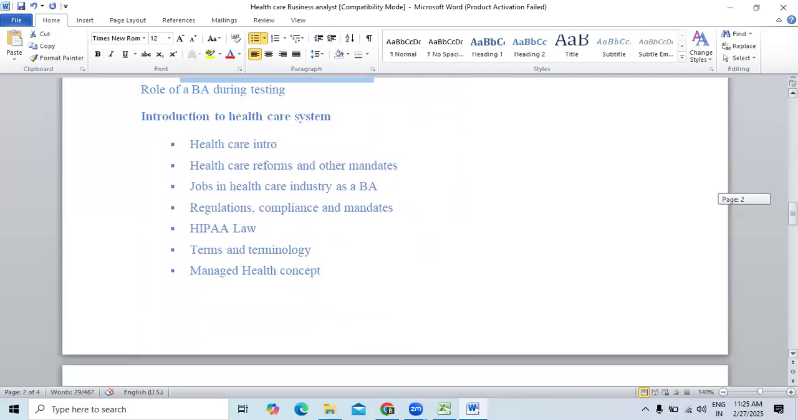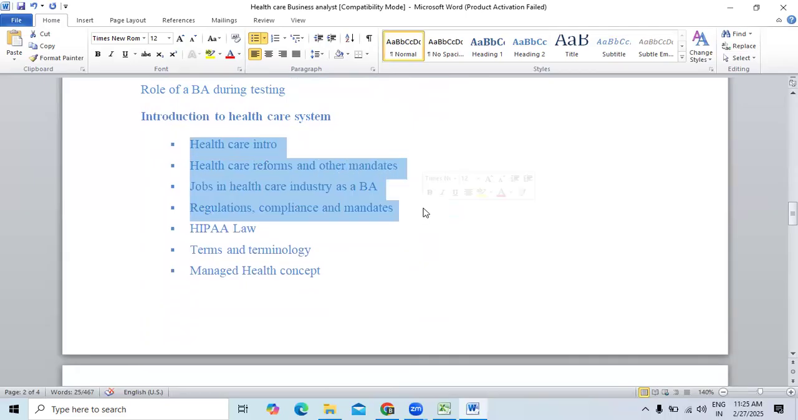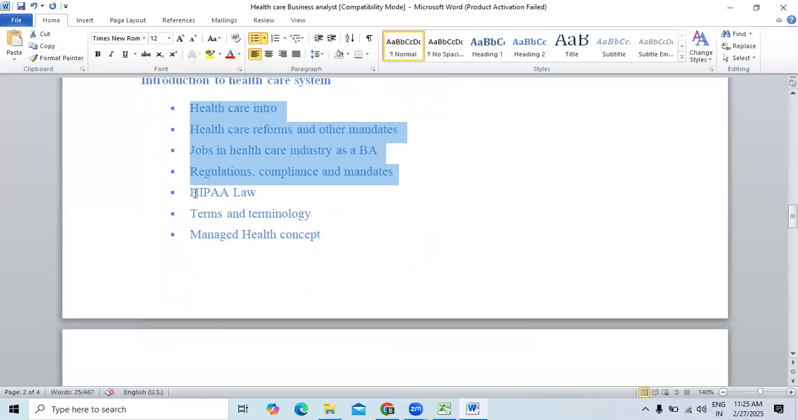Next, this is onwards from healthcare domain topics, right? So an introduction about healthcare reformations and mandates. What are the different regulations and compliance mandates that we follow in healthcare? We must know about some terminologies that are important